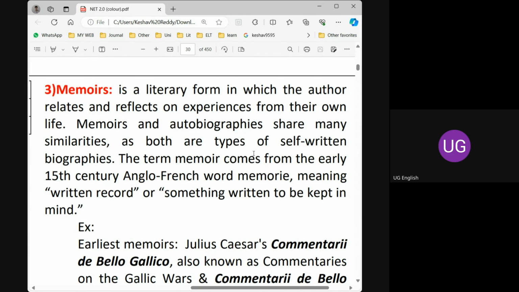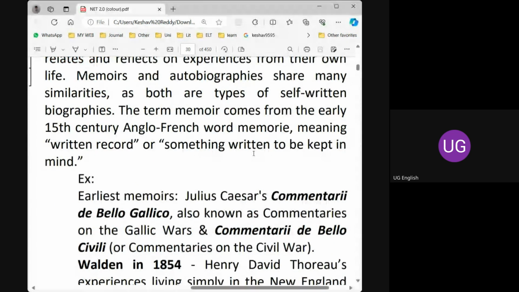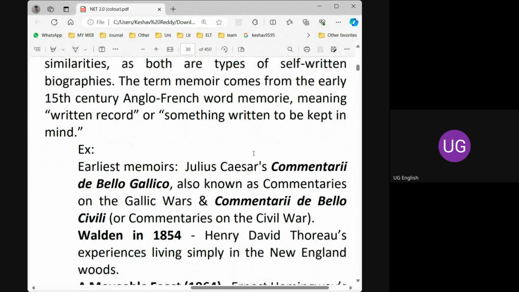There are some similarities between biographies and memoirs, but autobiography is a broad subject, while a memoir describes maybe a small incident in it. Maybe a meeting with a person, or a bad incident, or a good incident in his life. So memoir is nothing but based on memories, based on a true incident in the life of the writer, or maybe the other's life.